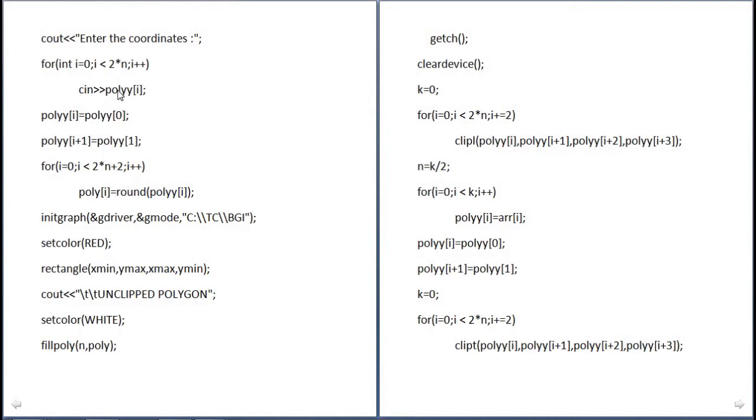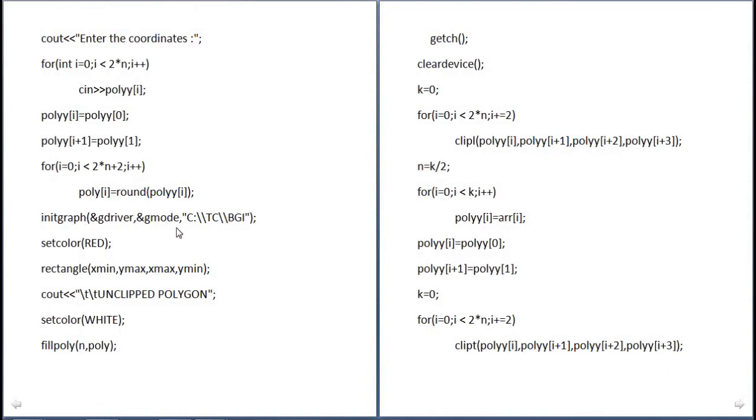Then poly of i means we save poly of 0, the array element, into poly of i. Then poly y of 1 is saved to poly i plus 1. After that we use the for loop, that is, i is equal to 0, i is less than 2 into n plus 2, and i plus plus. The round of poly means if there is a floating point number, by using round it displays the whole number.